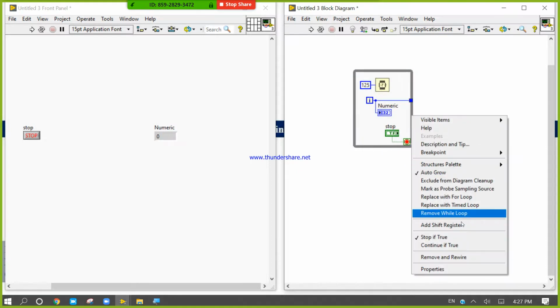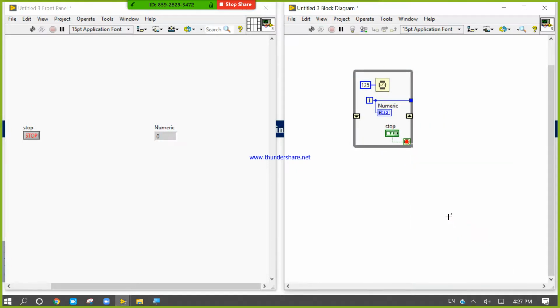Now the shift register is the same in both the for loop and the while loop.